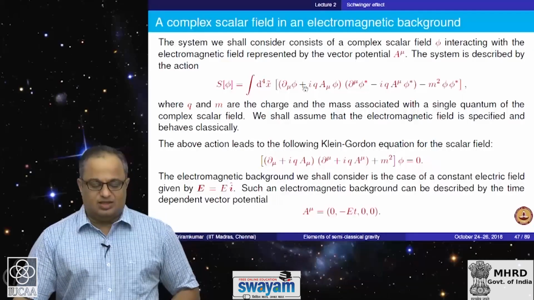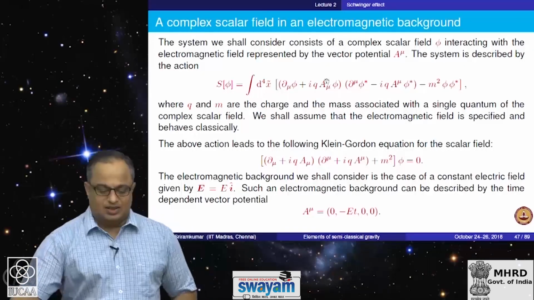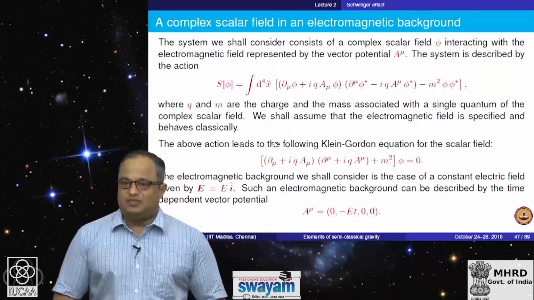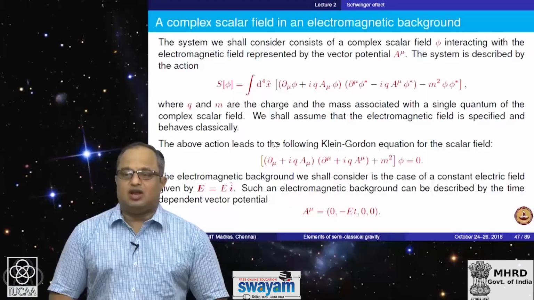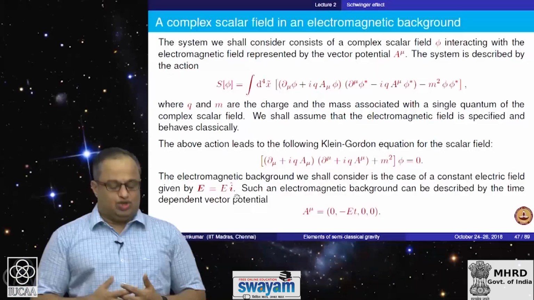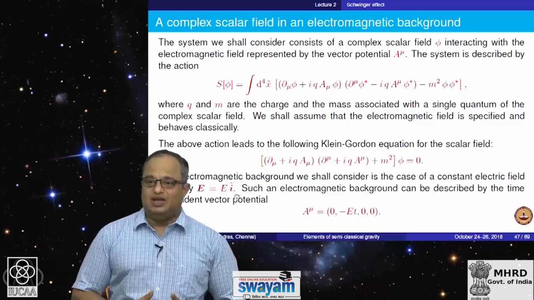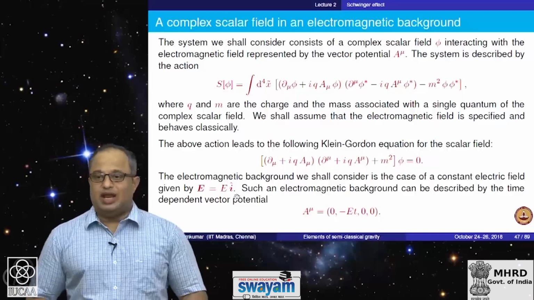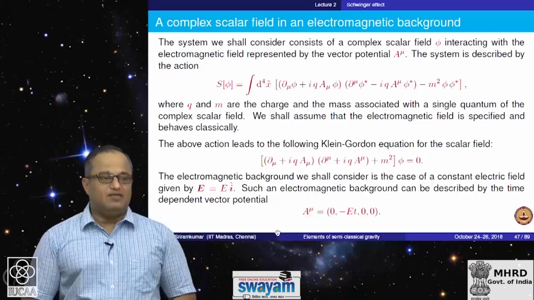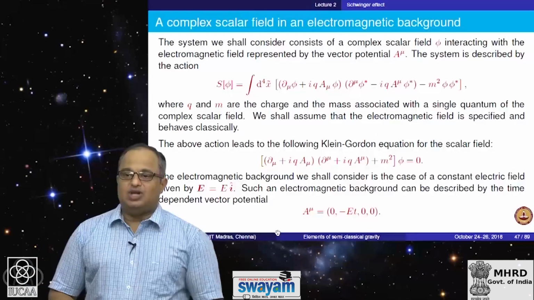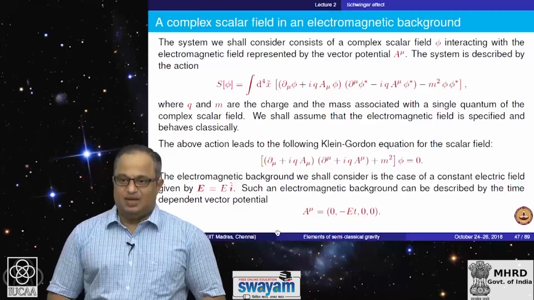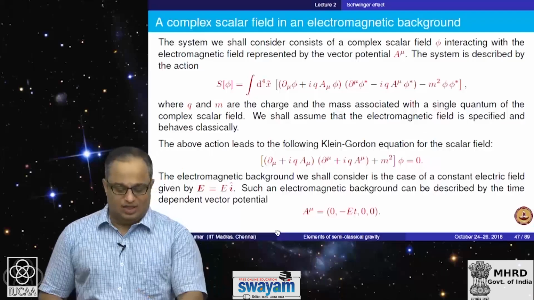So, if you vary this action, you will obtain this equation of motion, and I need to make a choice of a gauge. I am going to consider a constant electric field along, say, the x direction, and I am going to choose a vector potential that gives me the corresponding electric field, and it is easy to convince yourself such a choice of the vector potential will give the electric field. The scalar potential is 0. Remember, it is minus dA by dt that will lead to the electric field,